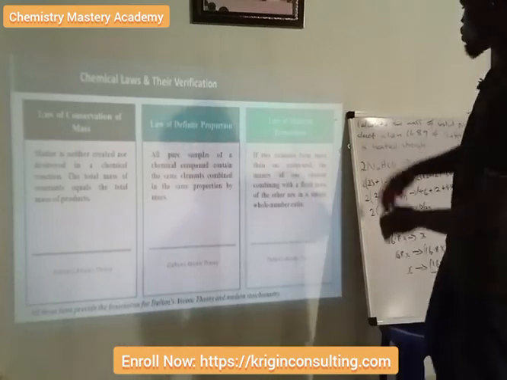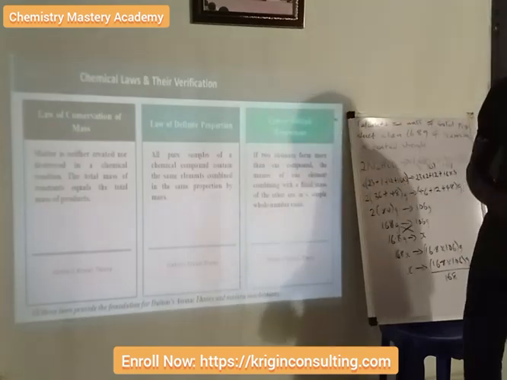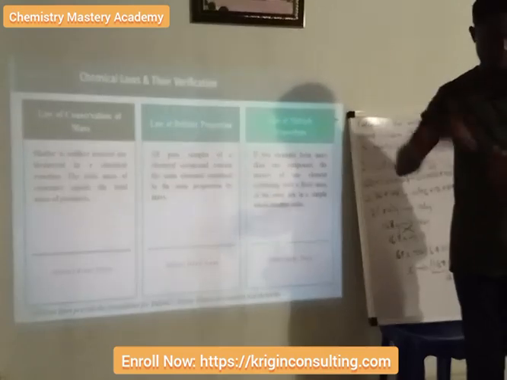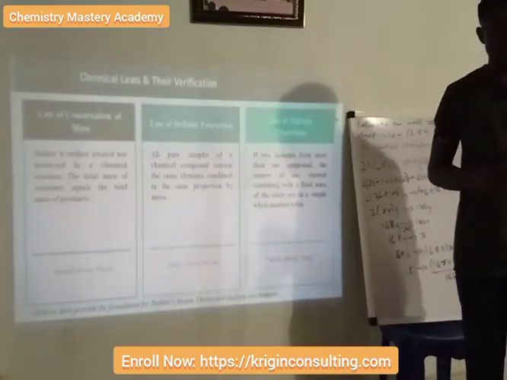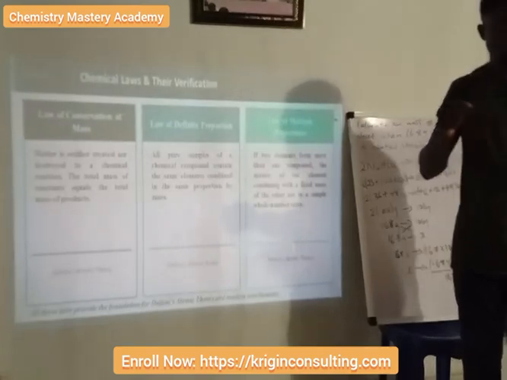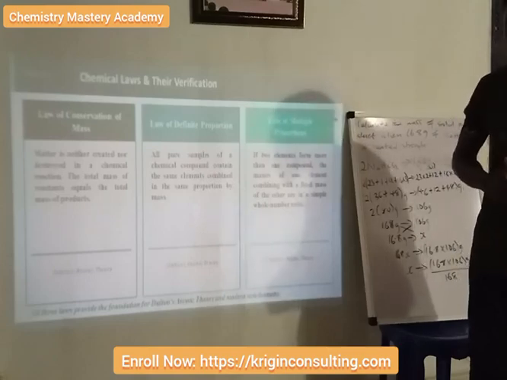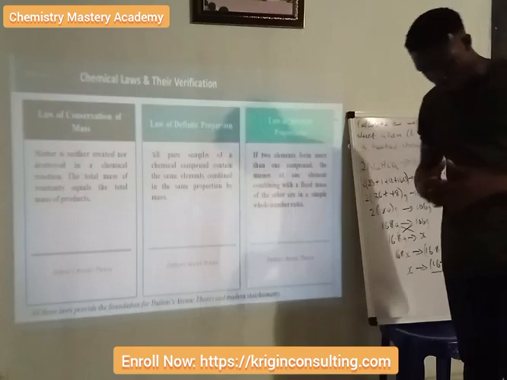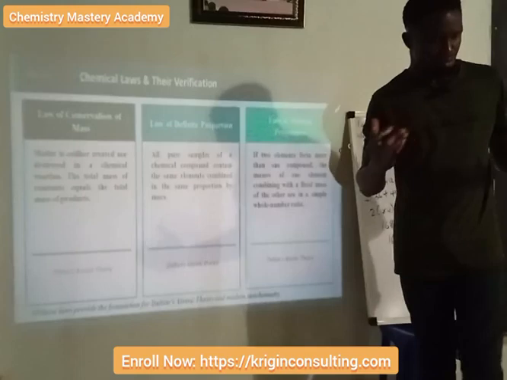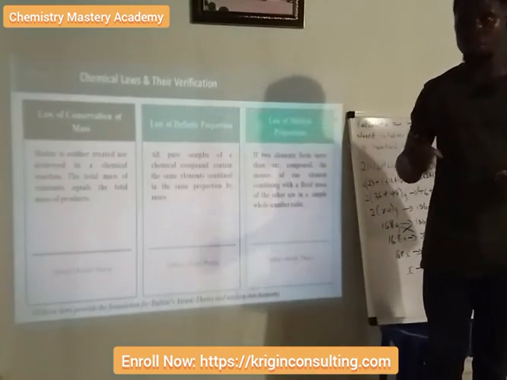Then we have the law of multiple proportion. What does the law of multiple proportion say? It says if two elements form more than one compound, the masses of one element combining with a fixed mass of the other are in a simple whole number ratio. What are we saying? For example, if two elements form more than one compound, for example, you have